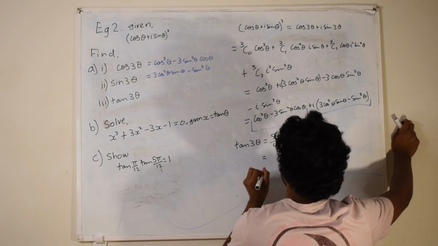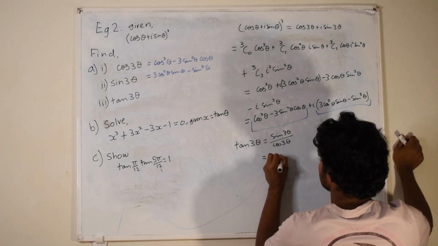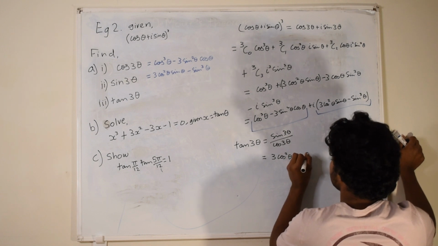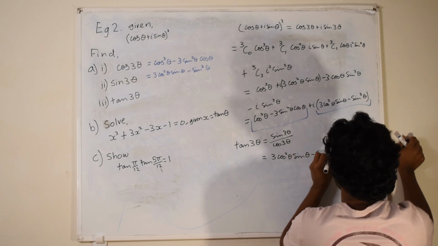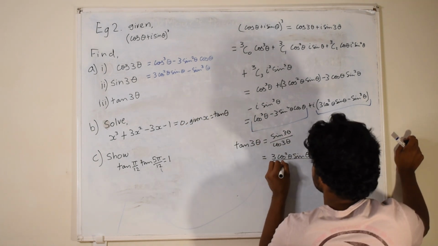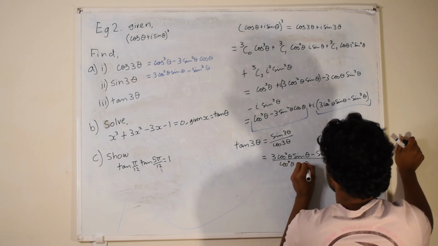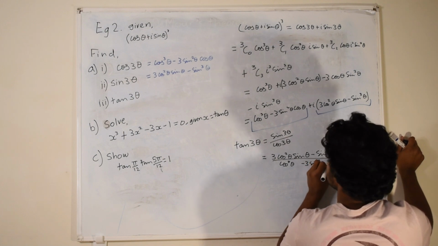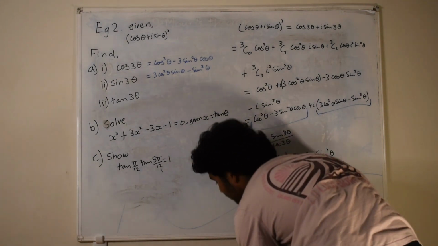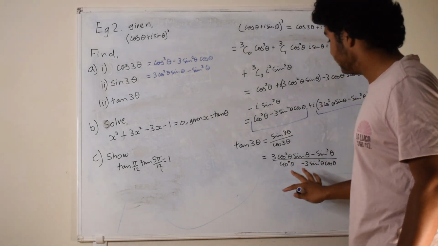So this then equals sine 3 theta, which is 3 cos squared theta sine theta minus sine cubed theta, all upon cos 3 theta, which is cos cubed theta minus 3 sine squared theta cos theta. Right? So the next step we can do from here, if we want to further simplify this,